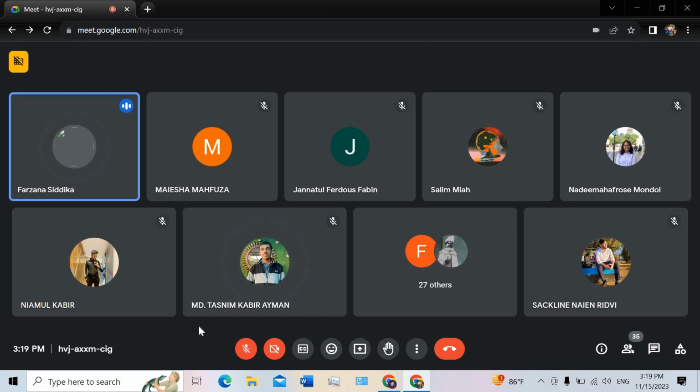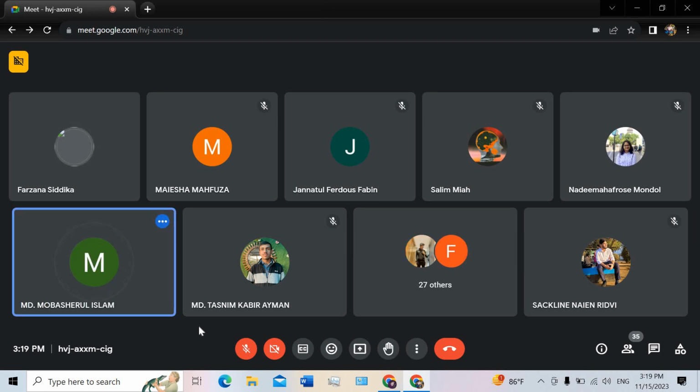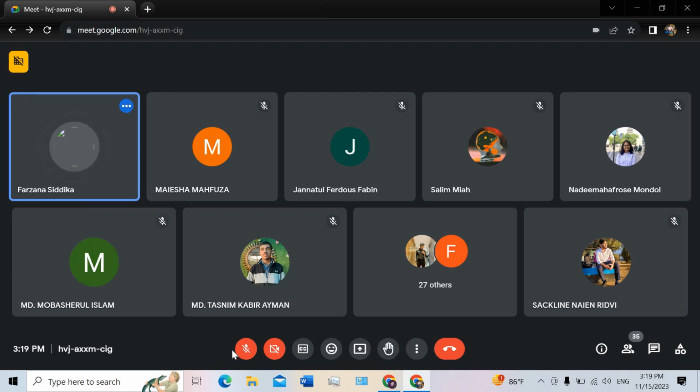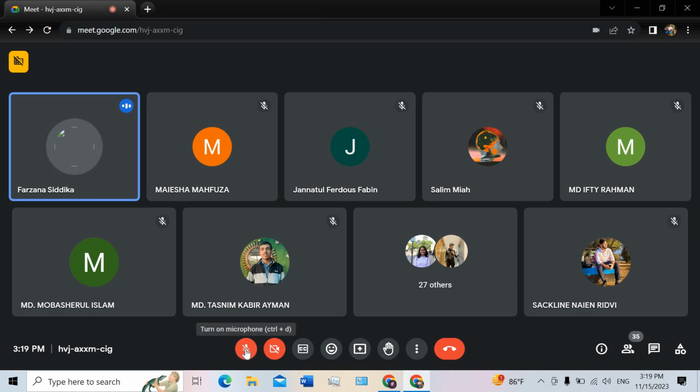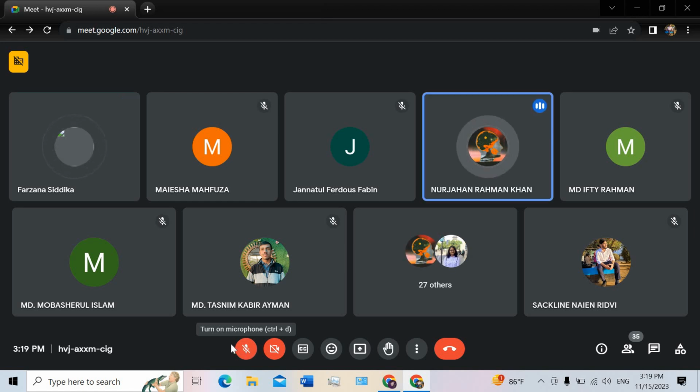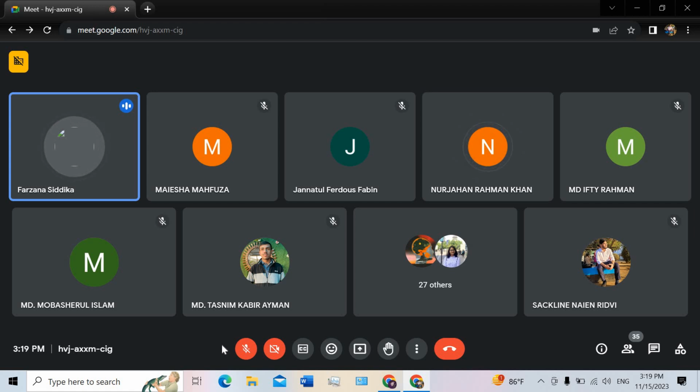আচ্ছা ম্যাম, থ্যাংক ইউ। আচ্ছা, মুবাশিরুল ইসলাম, Yes, ma'am. ইফতি রহমান, Yes, ma'am. কে এম ইফতেখার ইসলাম ইফতি। আচ্ছা, তো কেটে দিই। নূরজাহান রহমান খান। Present, ma'am. আচ্ছা, নেক্সট ক্লাসটাও কিন্তু আমরা